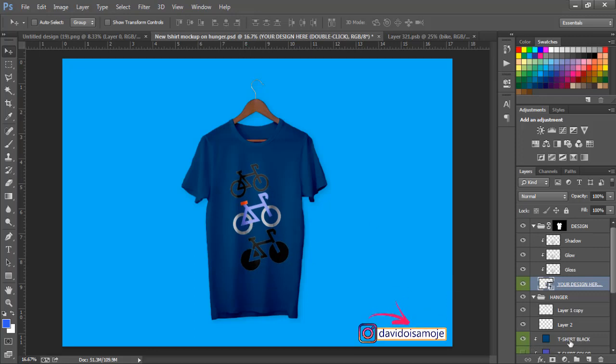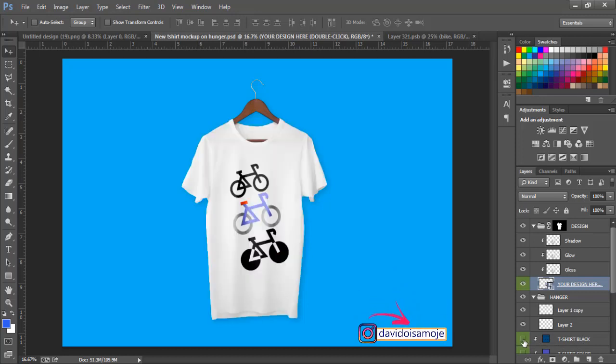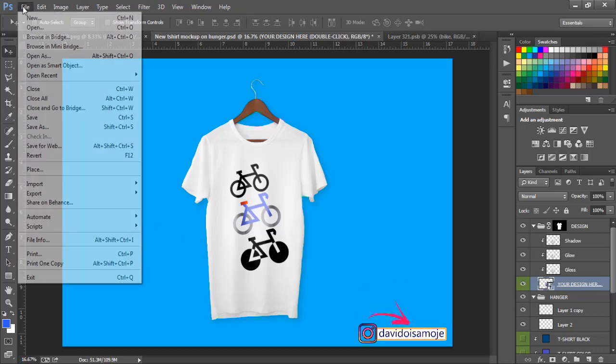You see where it says t-shirt black, most times it's on white. As you can see, it's on white. I want to leave it on this white for personal reasons. I just think I love it on this white. But most of the time bikers won't want to wear a white shirt because they think it will get dirty. But for the fun of the t-shirt, for casual wearing, going out, having fun, I love to leave it on white. So now I'll just go over and save this.